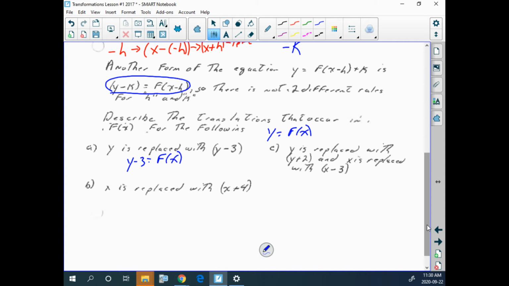It's going to go up or down, because I've done something to the y value. That's the output value. That's always your up or down, whether I'm moving it or I'm stretching it or I'm reflecting it. More commonly, we can write this as y equals f of x plus 3,